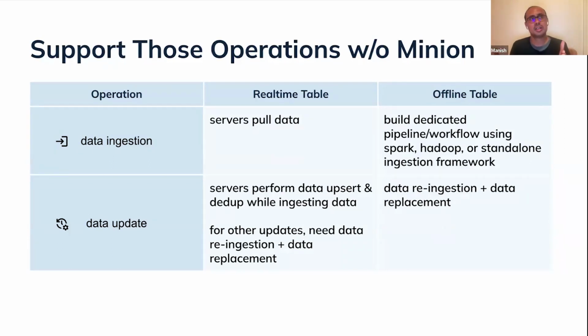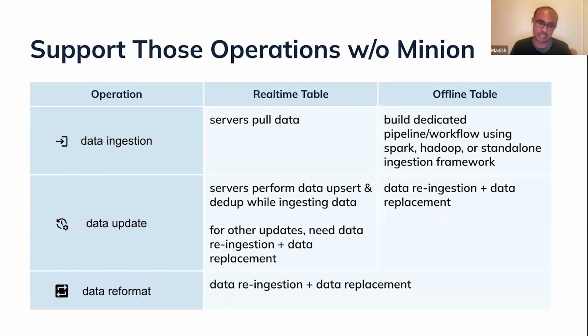So typically, we have seen use cases, at least at StarTree, where the customer uploaded a bunch of files. They have a source directory which has a bunch of files, and then those files get updated or replaced with new files, and then we have to pull those files again. So re-ingestion is one. If it is an offline table, you have to do re-ingestion or replacement, right? And again, you have to have your own workflow or pipeline to do this job.